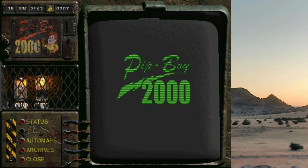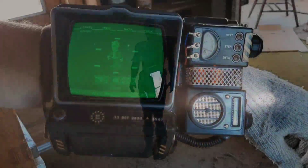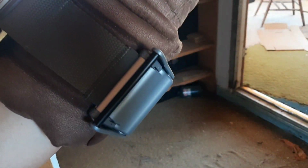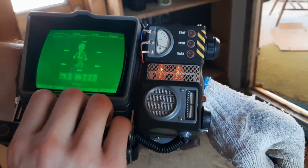The 2000 Mk6 is Robco's upgraded version of the Pip-Boy 2000, which was worn by the Vault Dweller of Vault 13 and his descendant, the Chosen One. This Pip-Boy was designed by Robco for Vault-Tec purposes, and it was made for dwellers to easily track their day-to-day lives using their Pip-Boy. Although I do not believe this, as Pip-Boys do have a status tracker and health tracker,